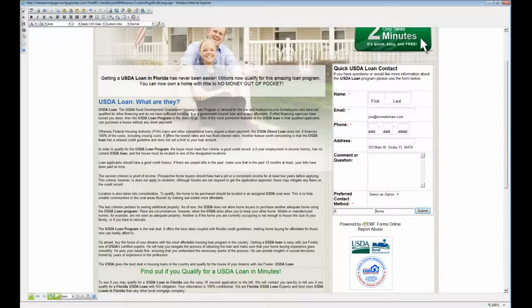So in order to qualify for the USDA Loan Program, the buyer must meet 4 criteria: a good credit record, a 2-year employment, has no current USDA loan, and the house must be located in one of the designated locations. Loan applicants should have a good credit history. If there are unpaid bills in the past, make sure that in the last 12 months at least your bills have been paid on time. The second criteria of a USDA loan